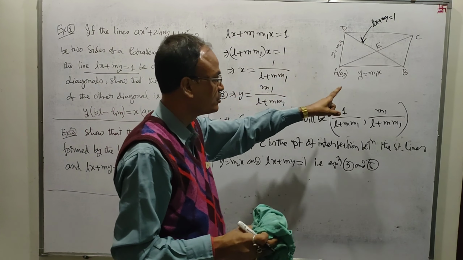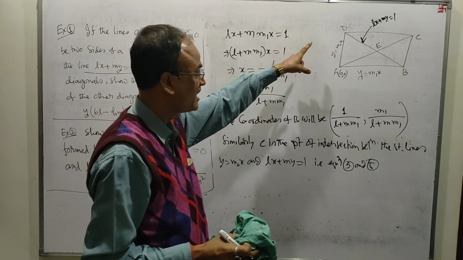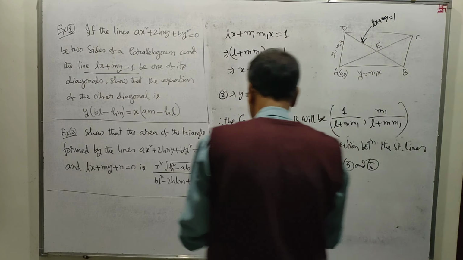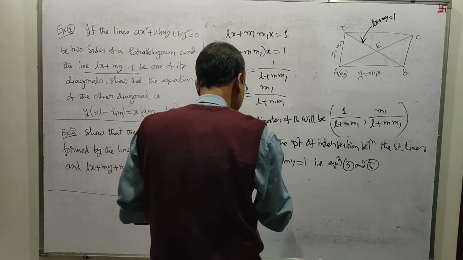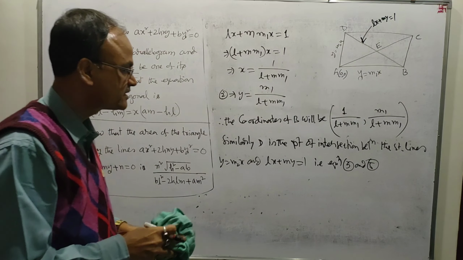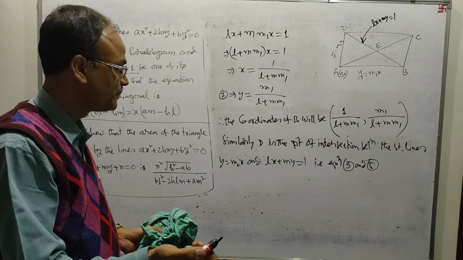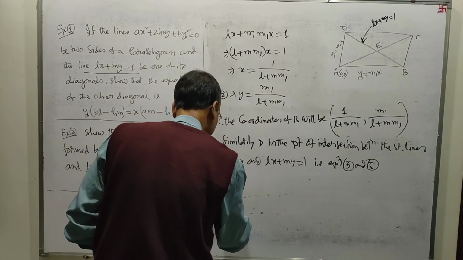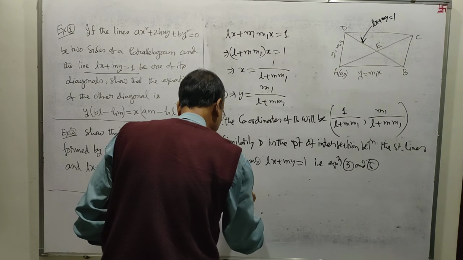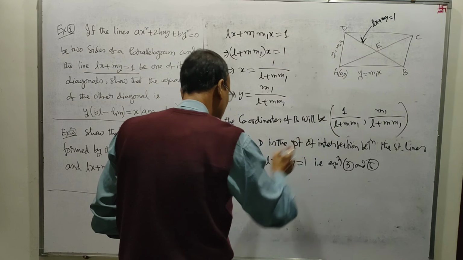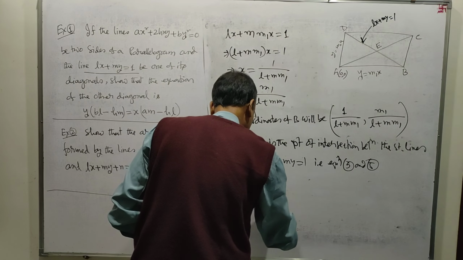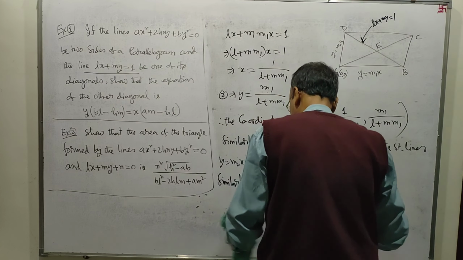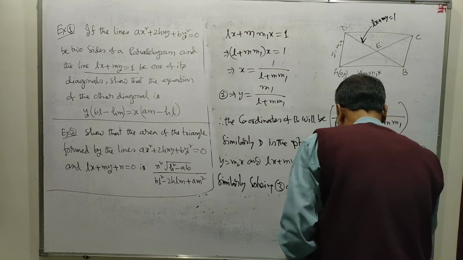It is not C, it is D. D is the point of intersection between this and this. Similarly, in a similar way, solving 3 and 5 we get